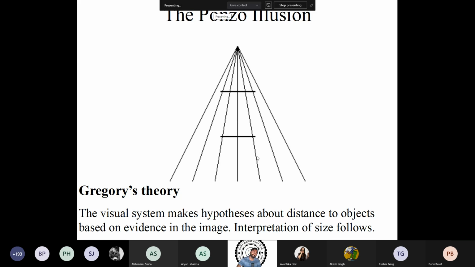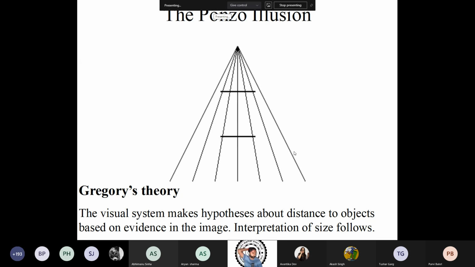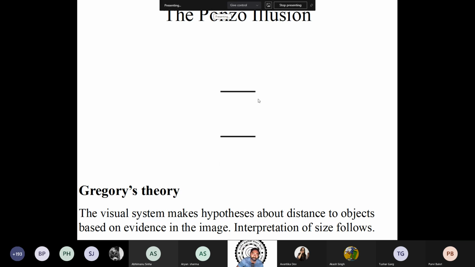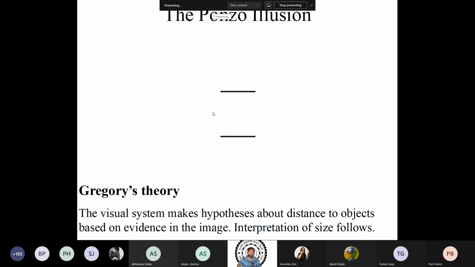And the difference between illusion and reality, both are perception. One is perceptual illusion and this is perceptual reality. Your question is about the difference. Illusion essentially is when there is no veridical mapping between the object in the real world and the object in your perceptual system. Veridical means whatever is longer, you also perceive it to be longer. Whatever is shorter, you also perceive it to be shorter. If there is a discrepancy, that is what is called a perceptual illusion.